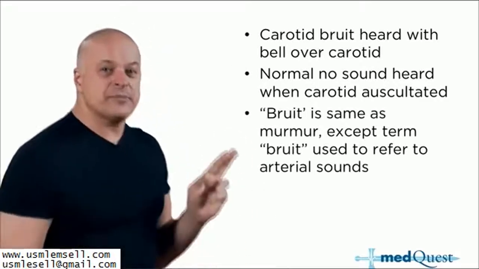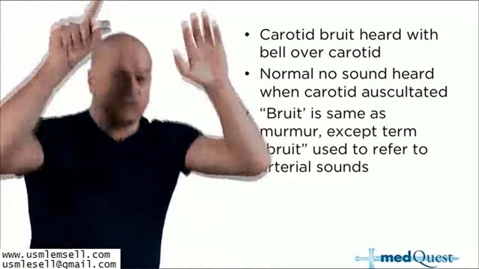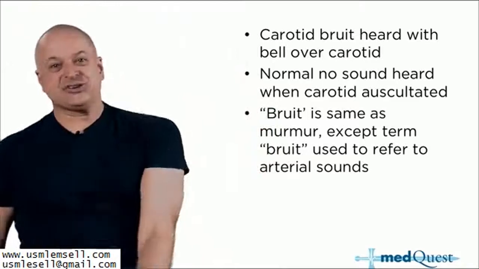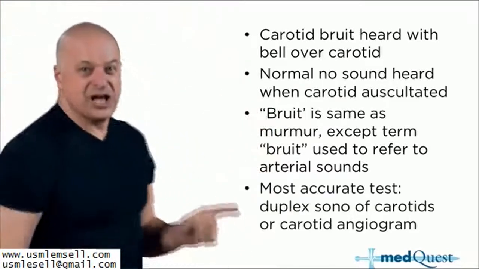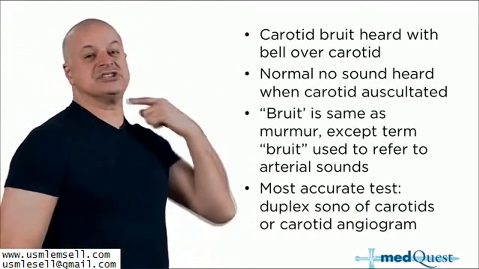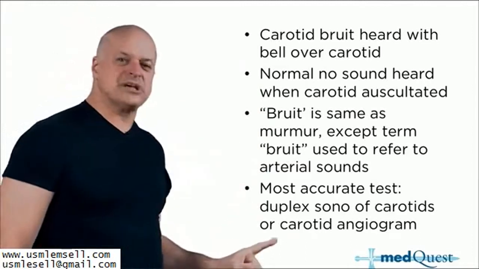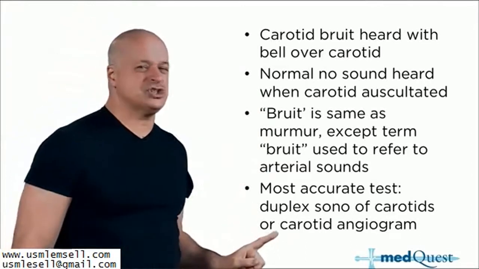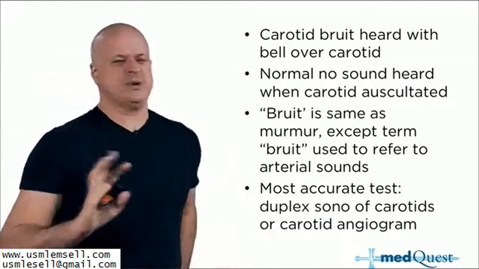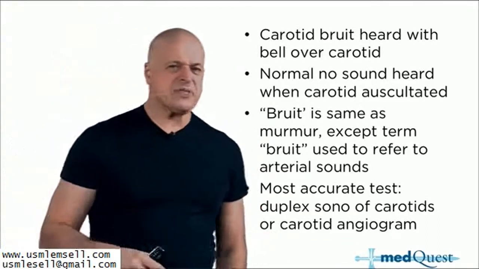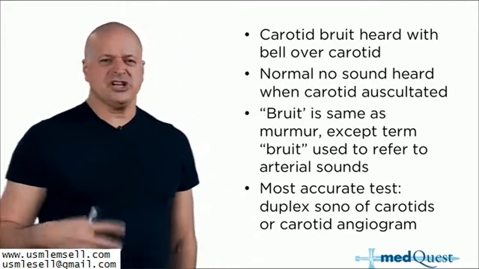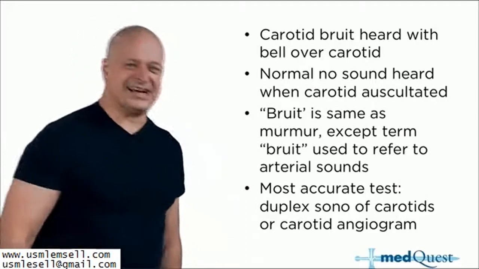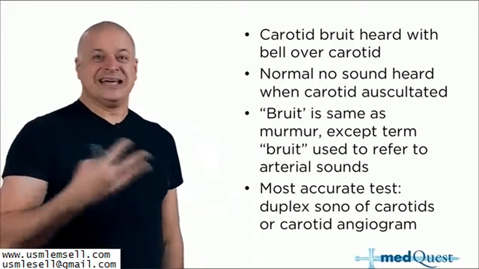How come you can have a murmur or a bruit there if the flow is down? And the answer is because it speeds up. The most accurate test is either a duplex ultrasonogram and sometimes an actual angiogram. Now, we don't have to actually do an angiogram with a catheter too much anymore for anybody. That's sort of passé. In other words, putting a catheter in you and injecting contrast that kills your kidneys is